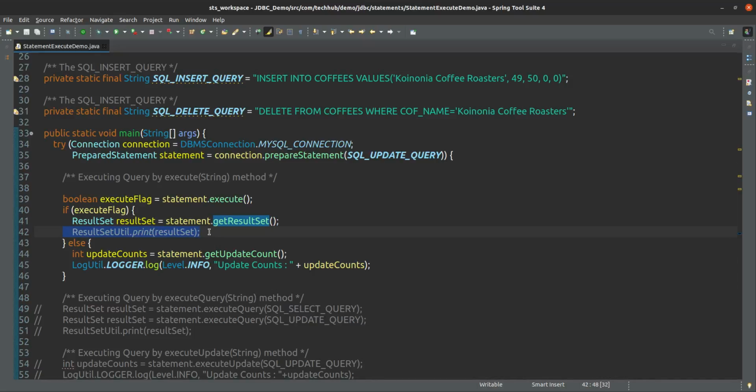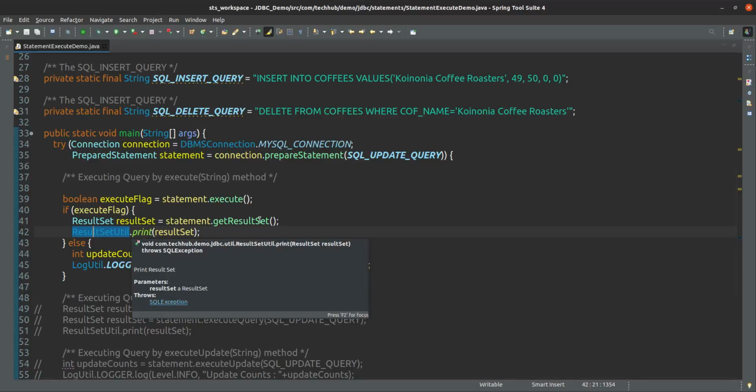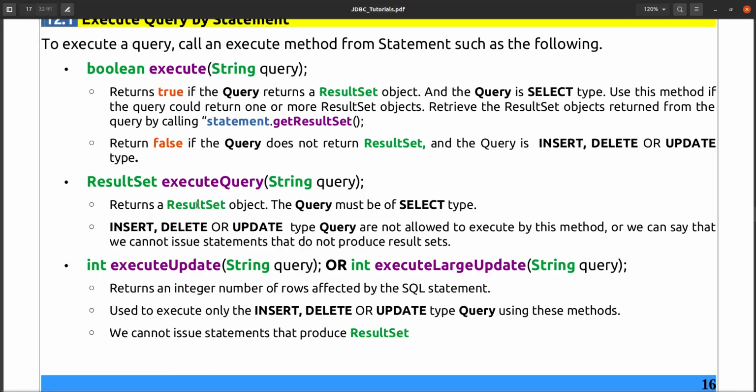In the next session we will see what a result set is and how we should process it. Currently we have created a result set util. Using that result set util we are printing the result set, but we will see how we can process the result set. Okay, and if it is not a result set, suppose the flag is false, then what happens? If it is not true, in that case